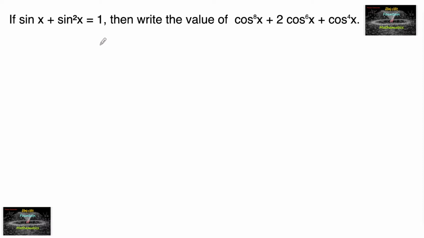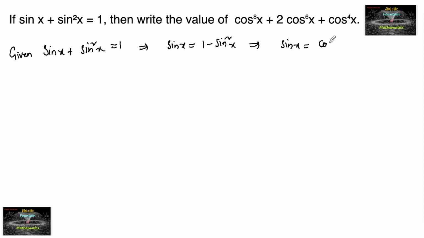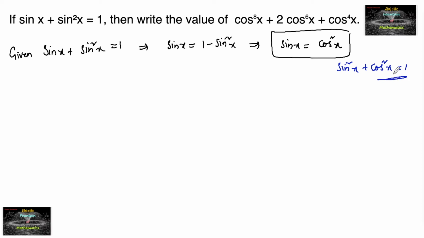If sin x plus sin square x is equal to 1 is given, so given that sin x plus sin square x is equal to 1, which implies sin x is equal to 1 minus sin square x, so that is sin x is equal to cos square x, since we know that sin square x plus cos square x is equal to 1. And we need to find the value of, so let's consider cos^8 x plus 2 cos^6 x plus cos^4 x. So cos^4 is common,